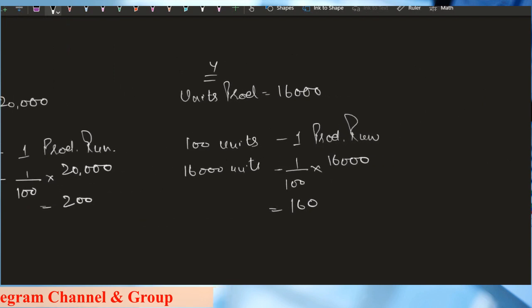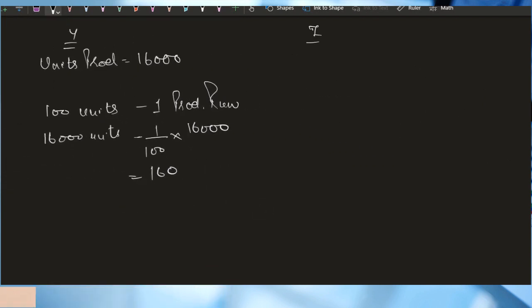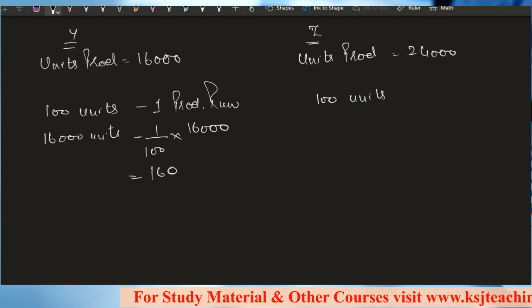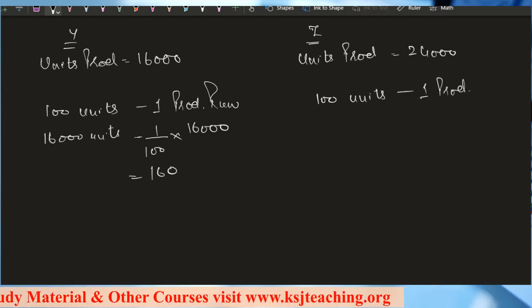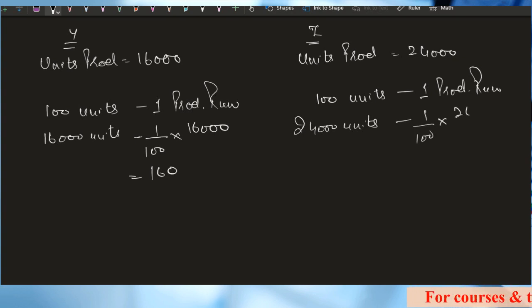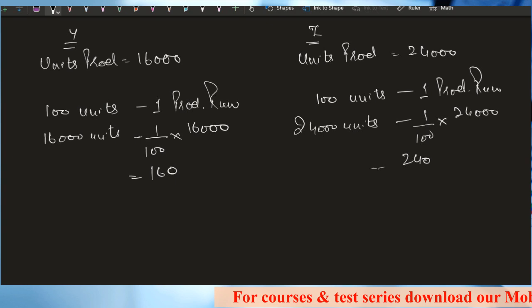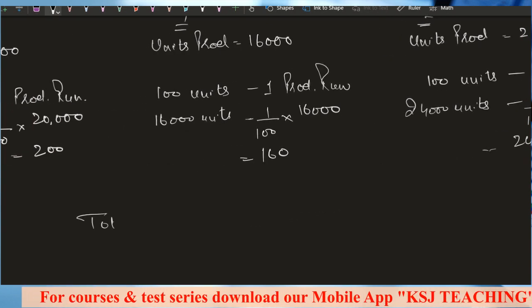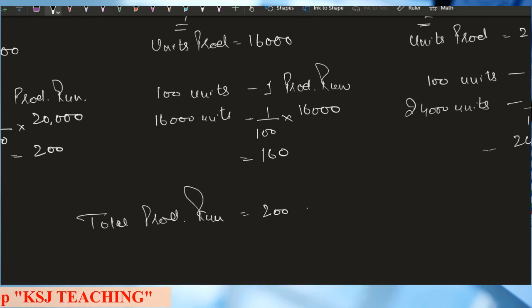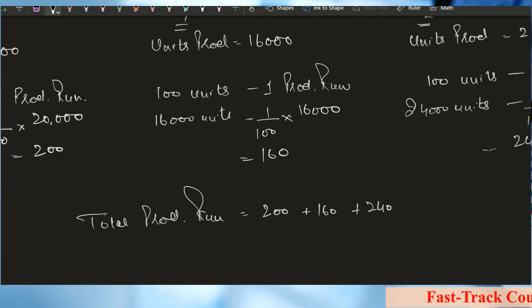Now coming to Z, how many? 24,000 units. Z, units produced is 24,000. 100 units are produced in one production run. So if you have to manufacture 24,000 units of Z, how many production runs are required? Multiplied by 24,000, that will give you 240. Now can you tell me the total production run? Total production runs, that is 200 for X, 160 for Y plus 240 for Z. This total is 600